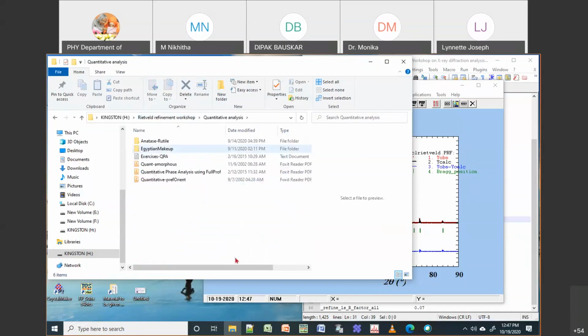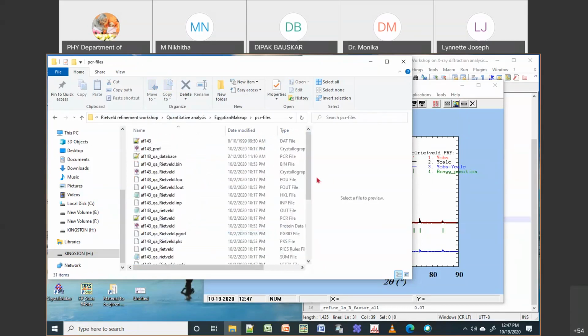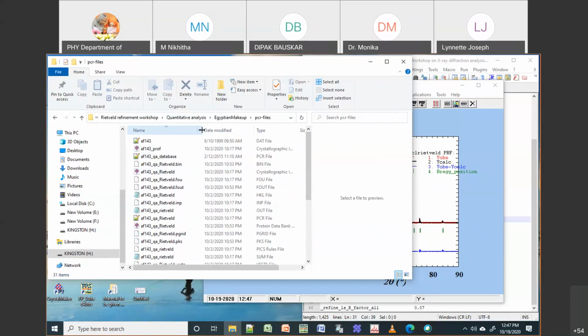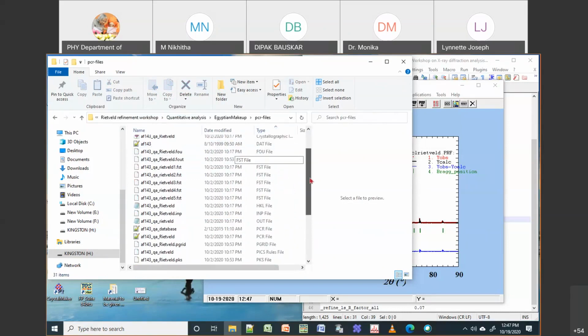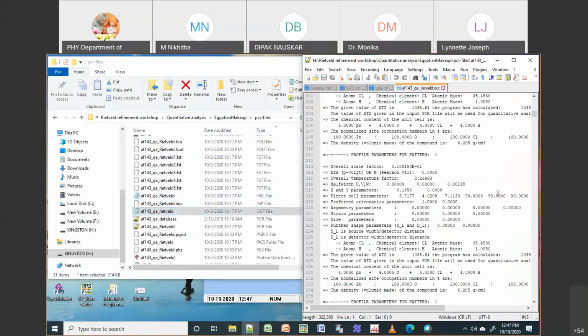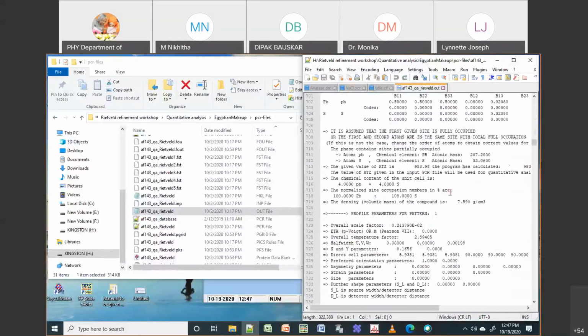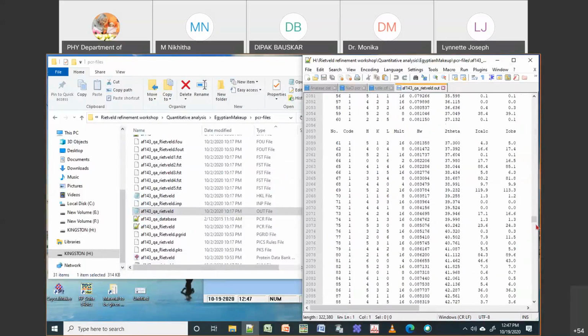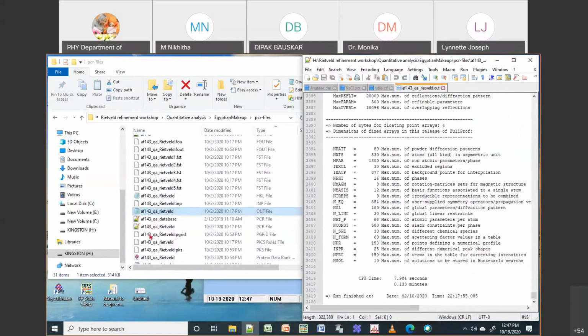Okay, so if I have more than one phase, then I can also get the quantification. Quantification would be all in your out or in your sum file. So you open your out file, and if you go down, then what you would see in the end is, along with your results, there's some file.